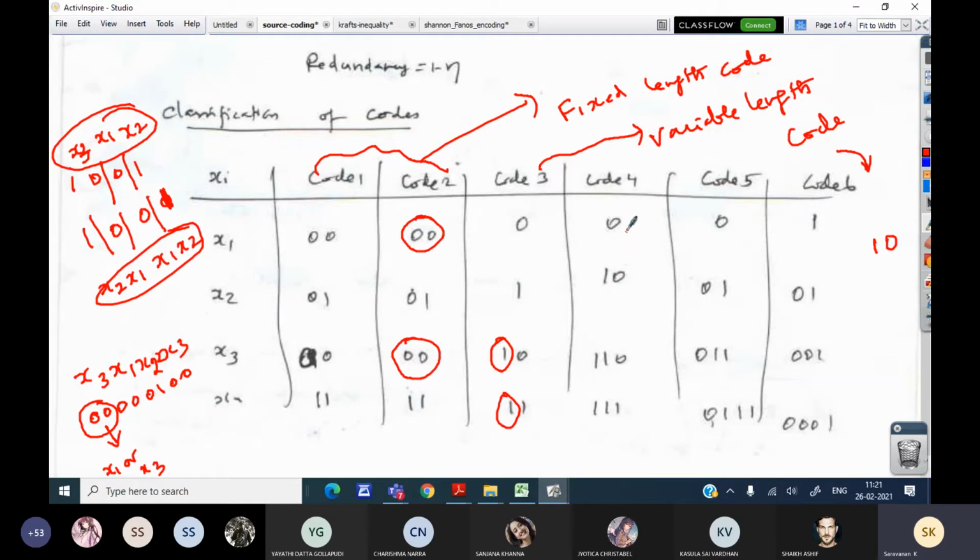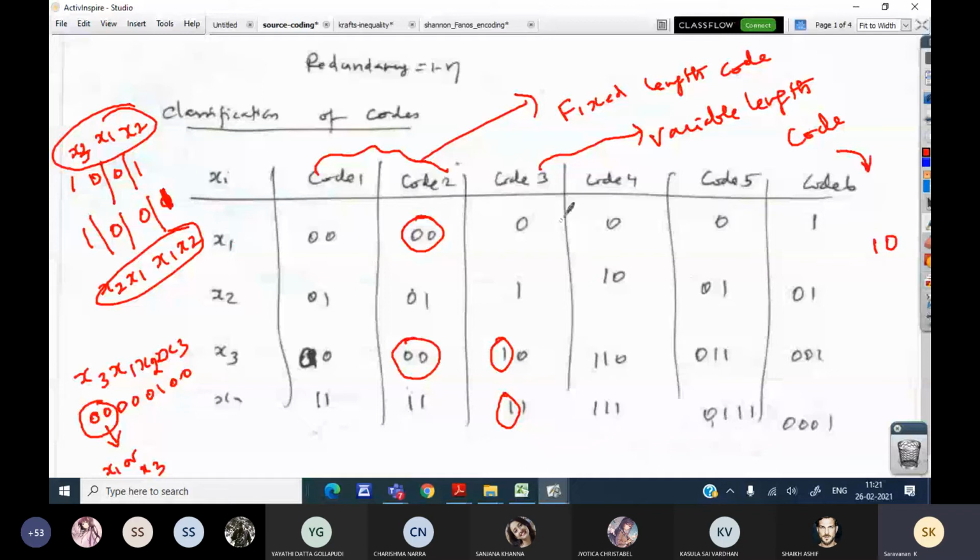So code 4 and 6 are said to be uniquely decodable codes. Why?